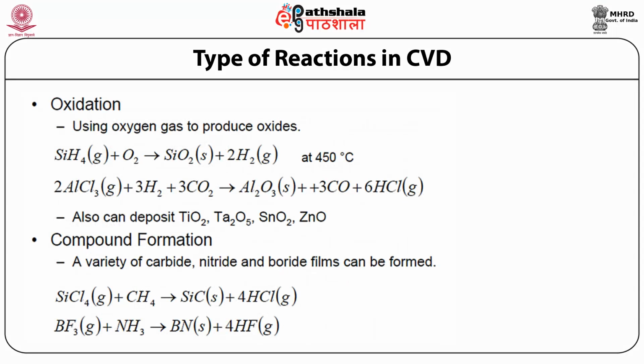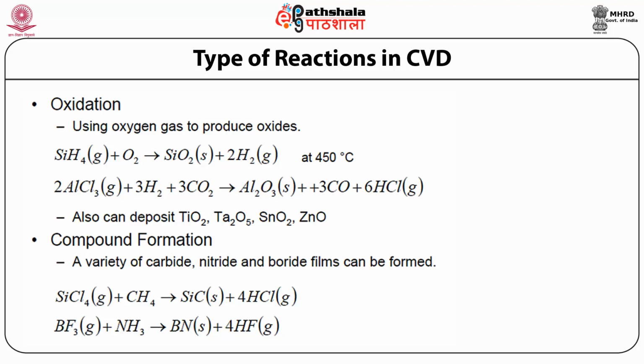In this slide, the other forms of reactions shown are oxidation and compound formation. In oxidation, we oxidize materials like silicon hydride to get a silicon oxide layer, and H2 gas goes out. Similarly aluminium chloride we oxidize to Al2O3. If we would like to deposit some oxides, this is the way, and we can also deposit TiO2, Ta2O5, SnO2, and ZnO. These are interesting materials in